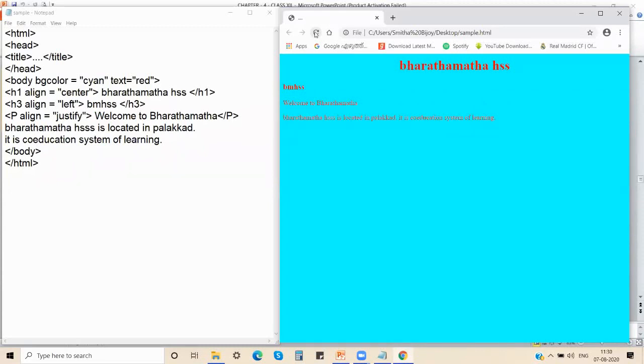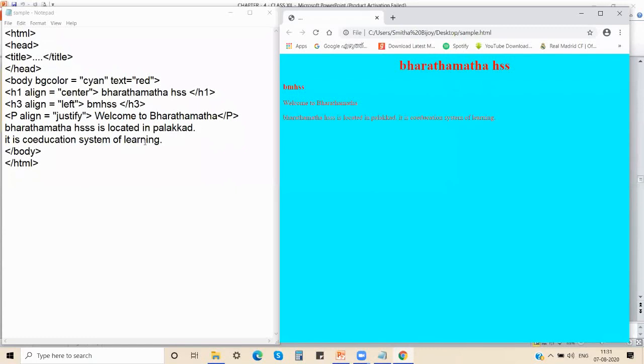all the white spaces. It truncates or eliminates all the white spaces. After Palakkad, in your coding, you have given a gap over here. So these gaps will be truncated or eliminated, and it just comes and joins in this line itself. And the next line of your content will come and join in this line itself. Is it clear?